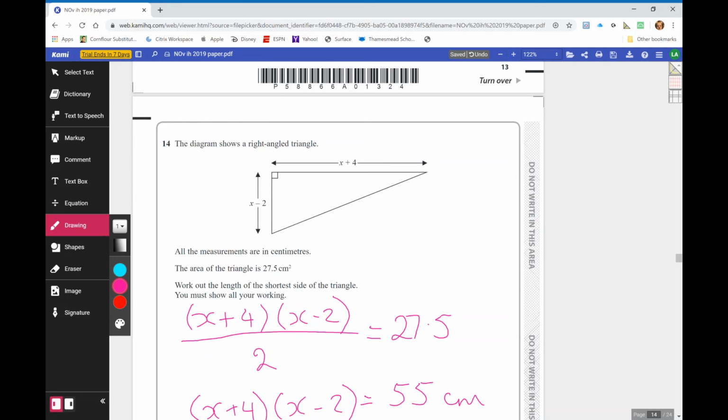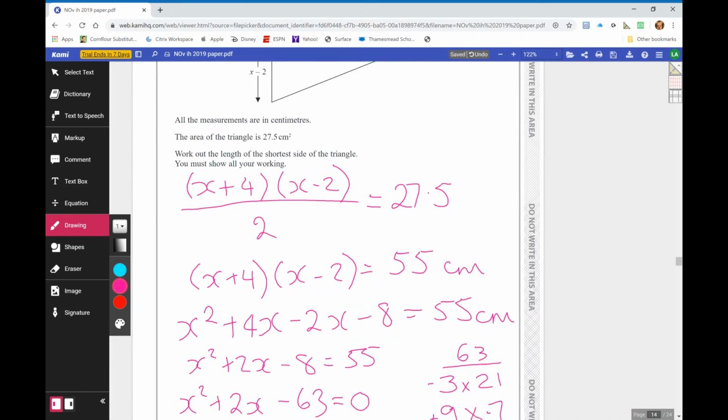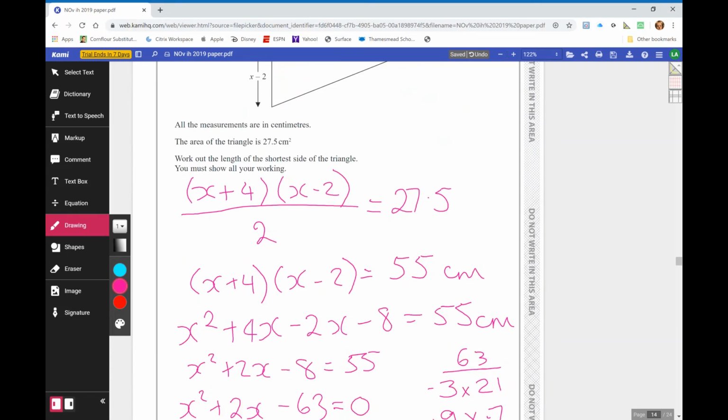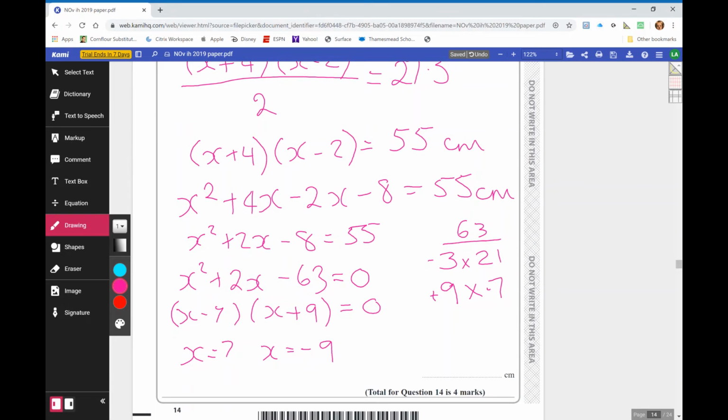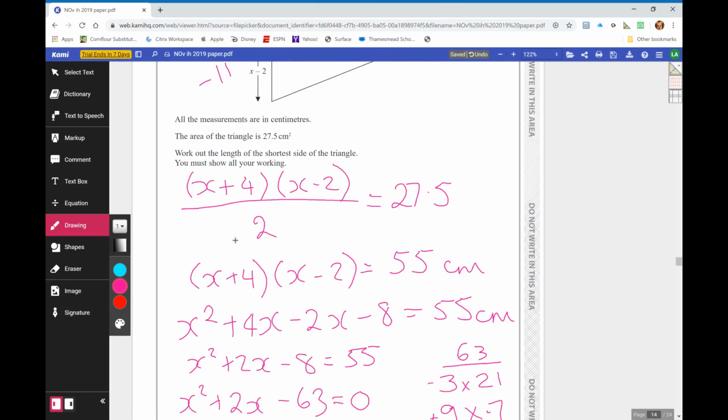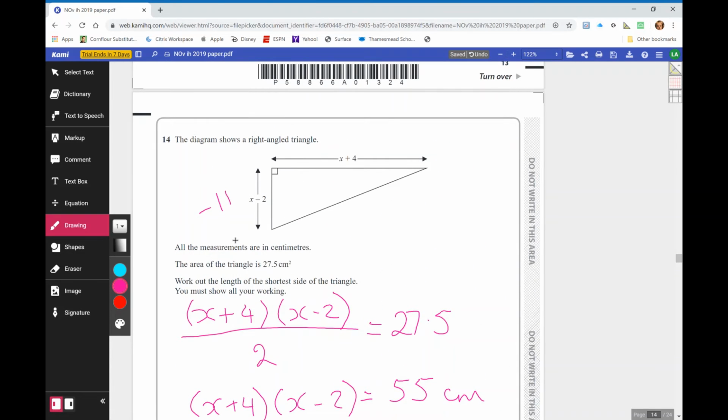Well, actually they can't, because x cannot be negative. If I replace this with minus 9, I'd end up with minus 11. And you just can't have a length which is a minus value. So you have to look at it and think, well, it can't be the 9, it must be 7. So if x is 7,